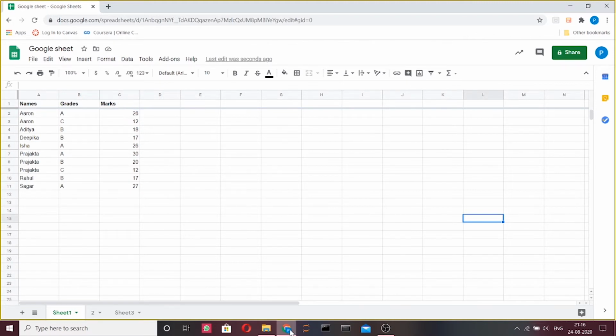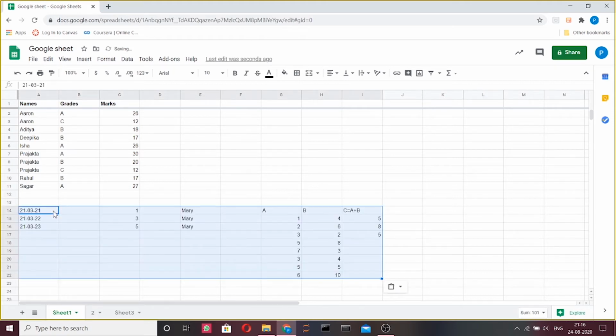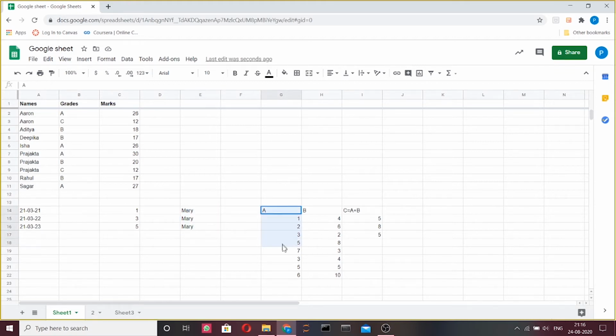The next interesting application of Google Sheets that we see is the creation of automatic lists or series. For this, we first enter texts, numbers or dates in at least 2 cells next to each other in a row or a column. Here, as an example, I'm just going to copy paste a few examples. Here, I have taken a series of dates, then an arithmetic series, a number of names, and then to show how formulas are created, a sum problem.